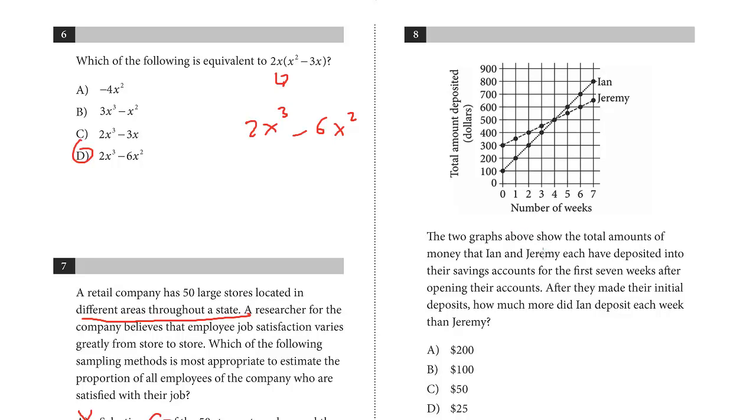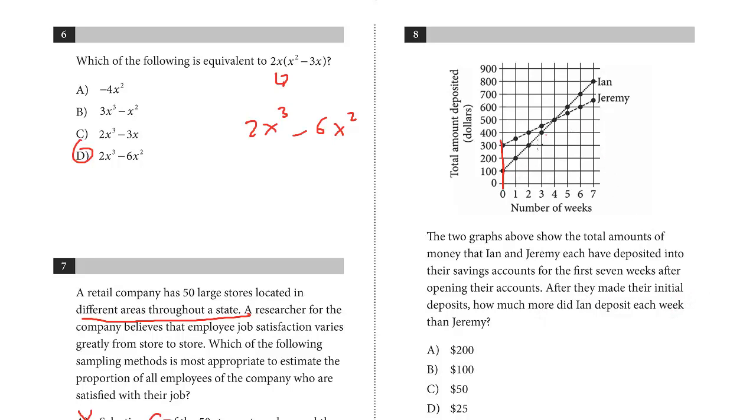The two graphs above show the total amounts of money that Ian and Jeremy have deposited into their savings account for the first 7 weeks after opening their accounts. After they made the initial deposits, how much more did Ian deposit each week than Jeremy? So the initial deposit, remember, this is the y-intercept. This is the amount they both started with. So they started at different amounts, but the question is just asking how much more did Ian deposit each week